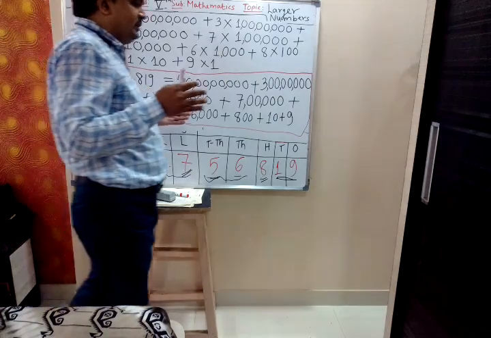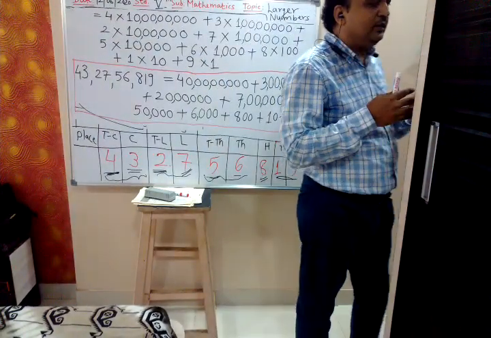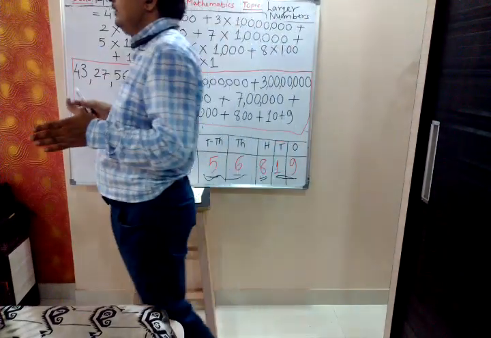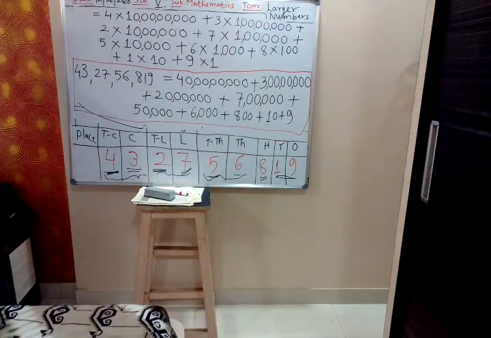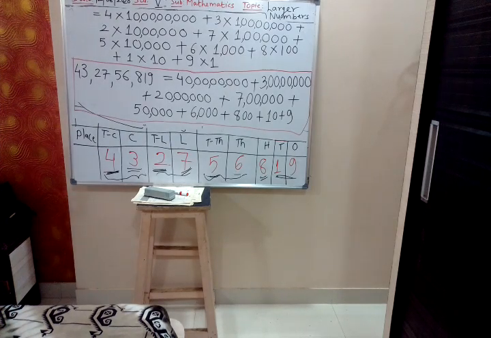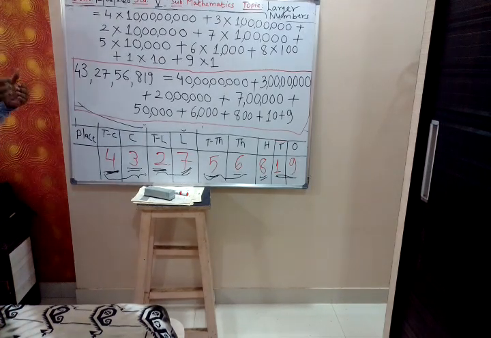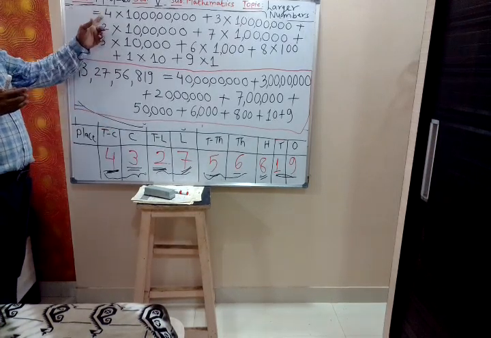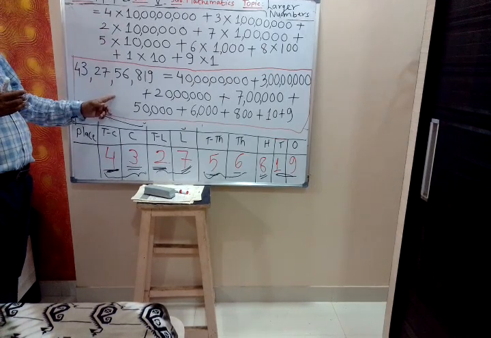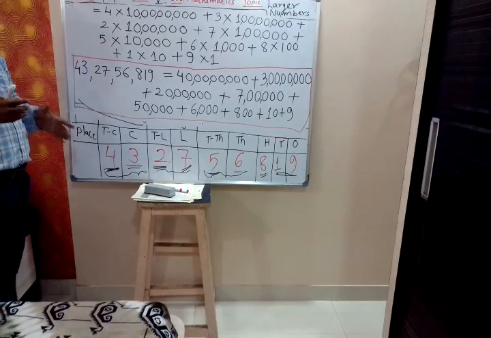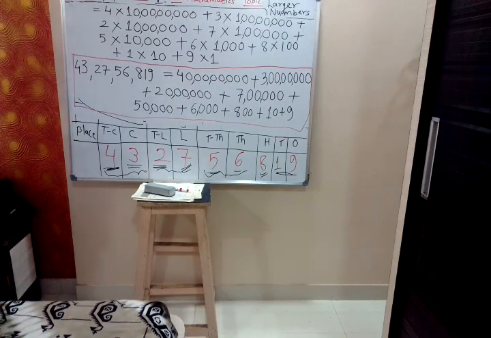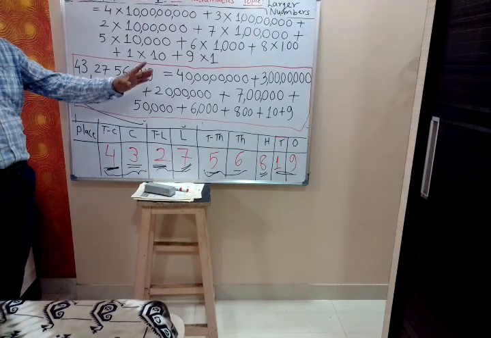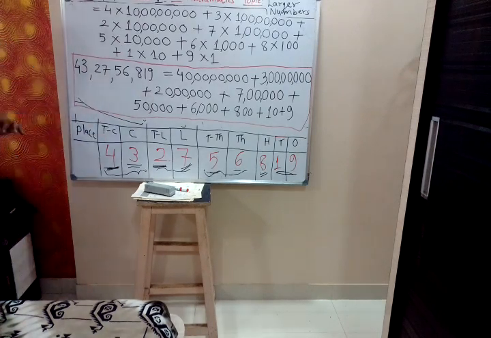See, there is no shortcut method. Shortcut method and writing method both are different. Writing will give you marks. Shortcut is there for understanding. But whenever you have to write this expanded form, first you have to place that number in the Indian place value chart. From the Indian place value chart, we write this form, and then at the end we write this. So don't try to write directly. First you have to place this number in the Indian place value chart, and this is the final expanded form.